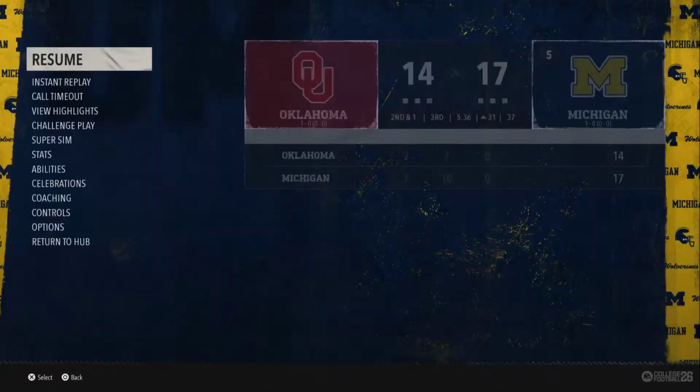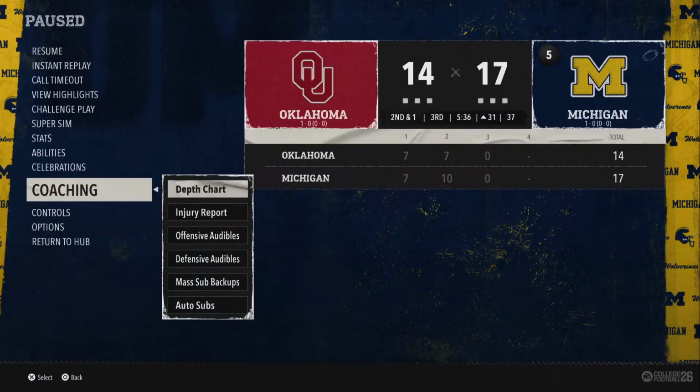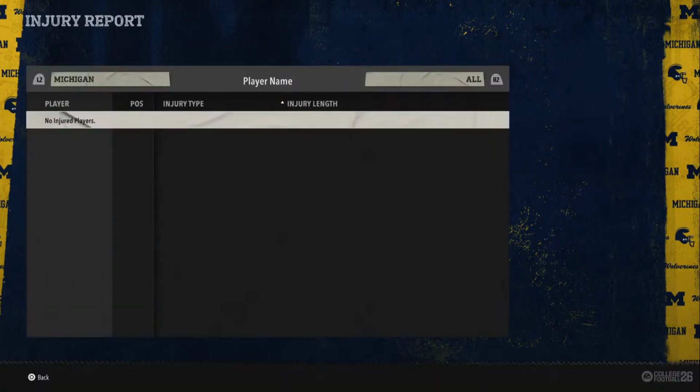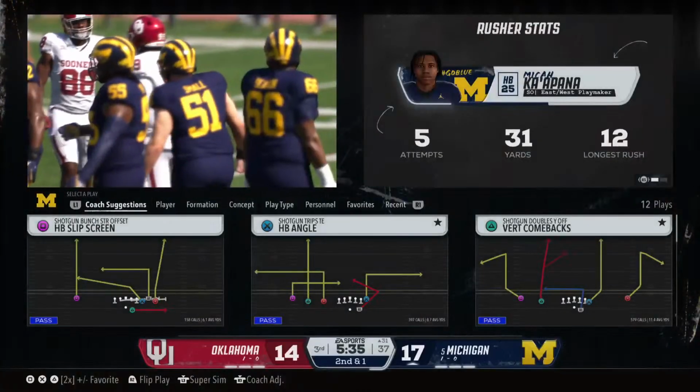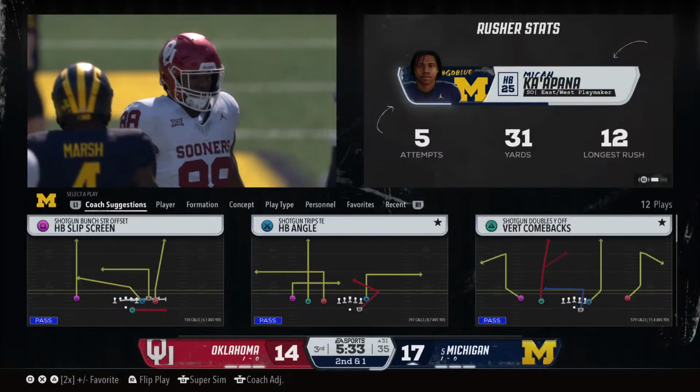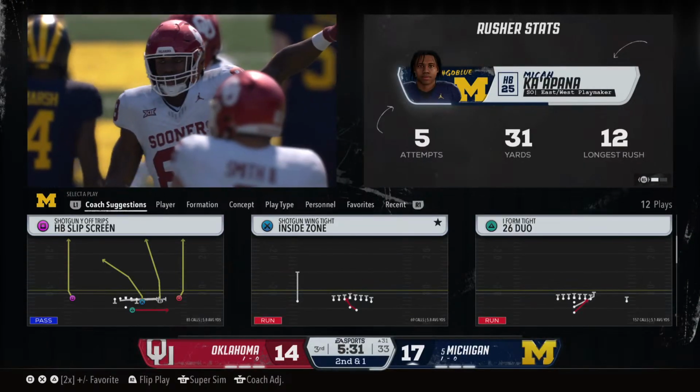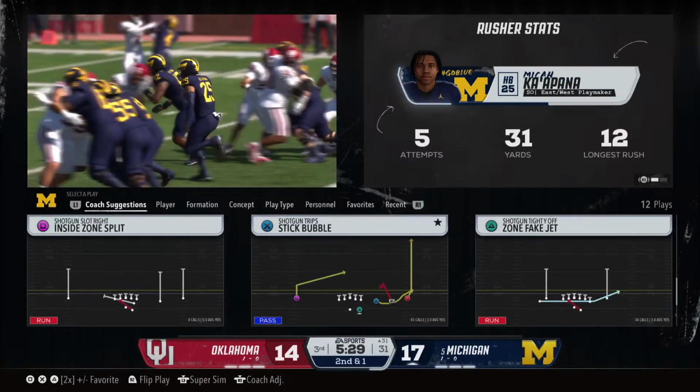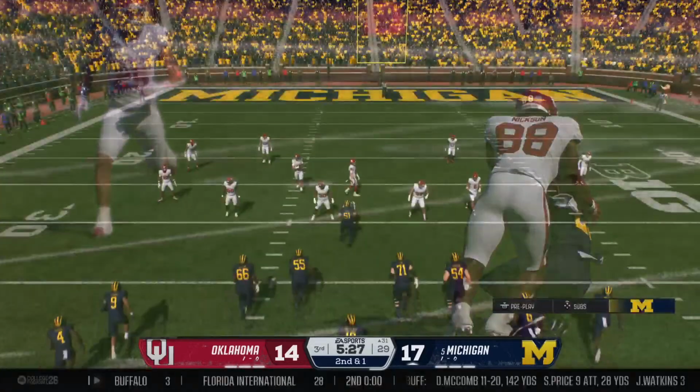Bring up second. Do we have injuries? I haven't seen Marshall. Did he get injured? No, he's not injured. Okay, we're just running Micah. This shouldn't be a surprise to anybody. If you've got the lead in the third quarter and you want to keep it, you've got to bleed the clock. Best way to do that, run the football.